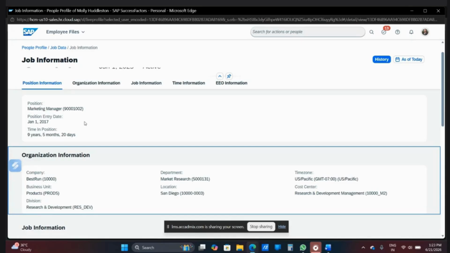So if someone is being promoted, let's suppose that person falls under your span, there will be a central team taking care of the letters. They will push the letter in the system, and then the system will automatically update the information, and you will get a notification. And you can fetch the report of it, how many designations have been updated, or if there is any discrepancy, which you can notify back to that team.